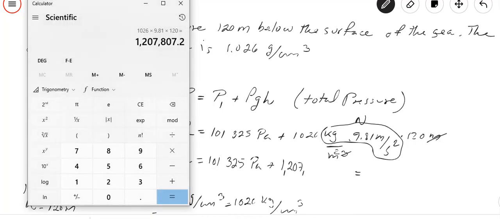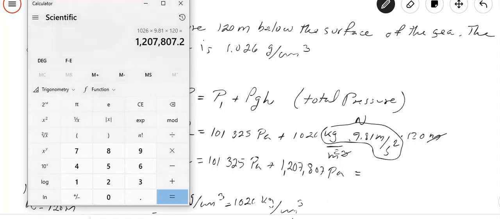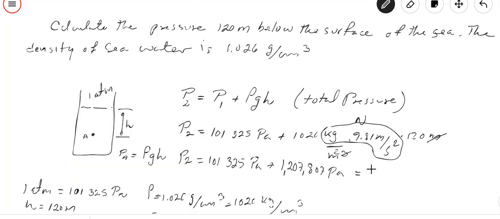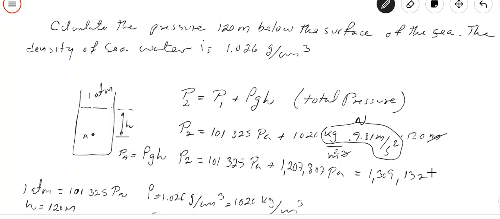So let me just type this value here, it is 1,207,807 pascal. And if we add these two values now, plus 101,325, this would be 1,309,132 pascal. Now, so we have here 1.309